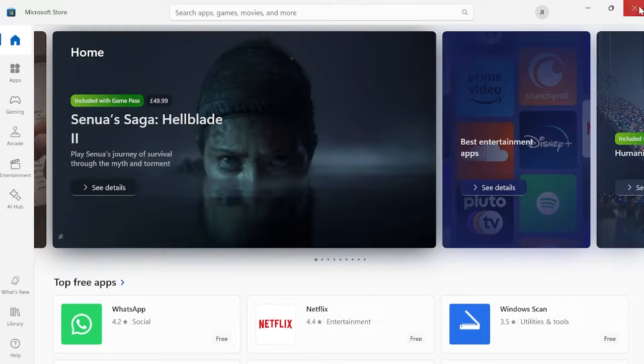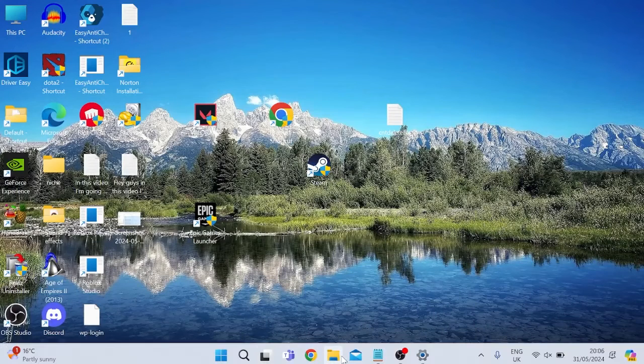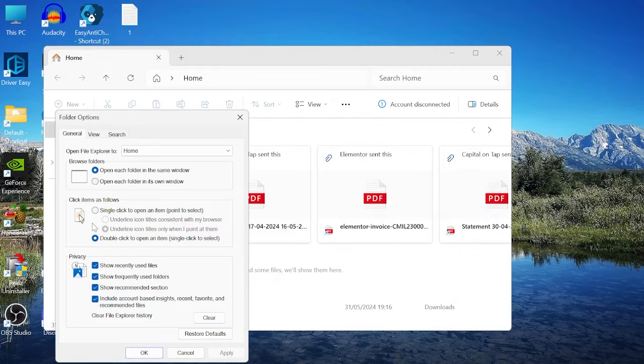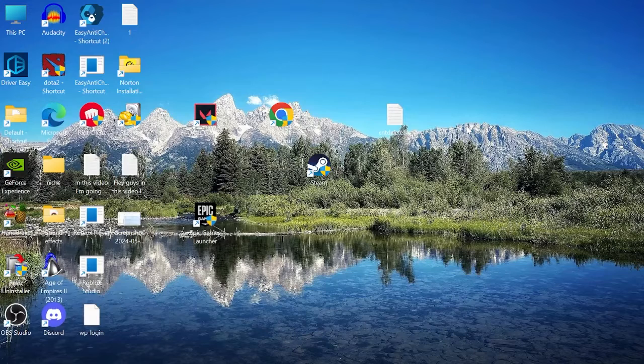You can then close out of this window, and the next thing we're going to do is come over to our file explorer. You can be inside any folder here, it doesn't really matter, and we're going to select these 3 little dots and come into options. Then inside of this general tab, we're going to clear all of our file explorer history by selecting the clear button here. Once you've done that, you can just select OK, close out of this window and head back to